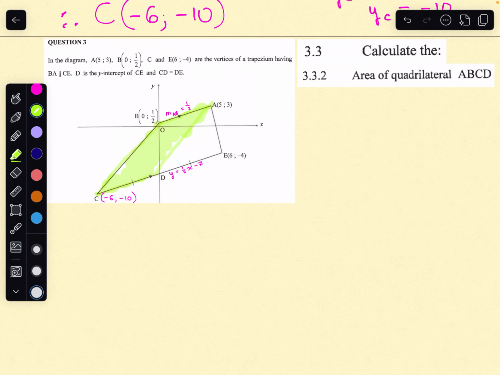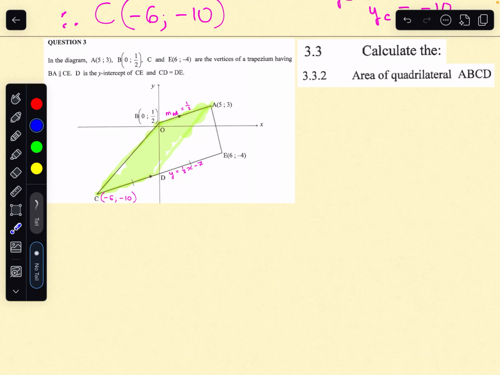So how shall we do this? Is there any chance that this is a parallelogram? Okay, so maybe before I go down that train of thought, the first thing that comes to mind, the first